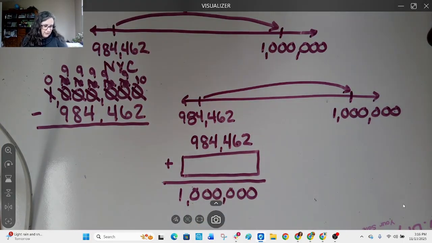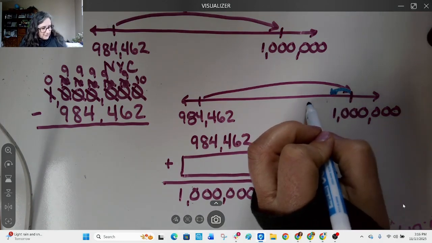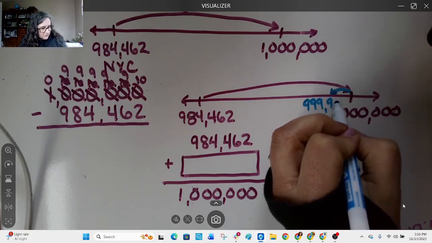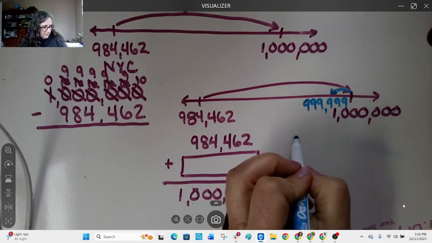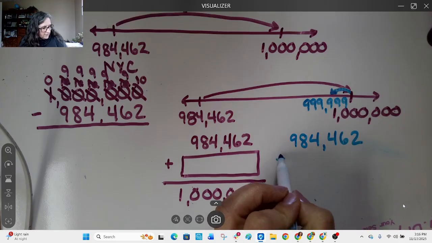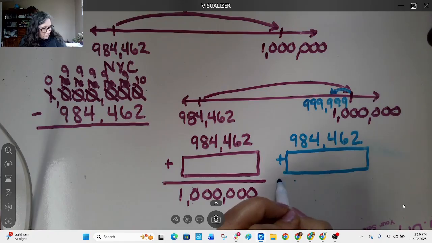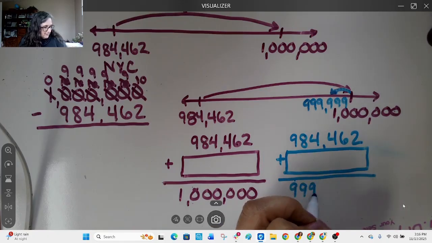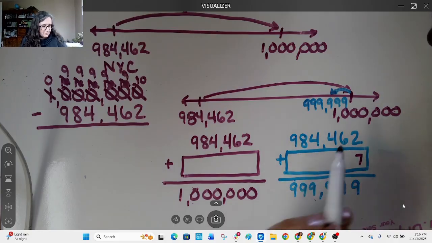But again, if I think about what if I'm not trying to get to 1 million and what if I'm trying to get to 999,999? So now my problem is 984,462 plus what number gets me to 999,999. So when I do that, I can think 2 plus what number gives me 9, 7 ones,